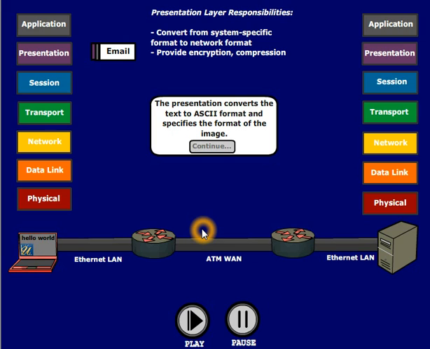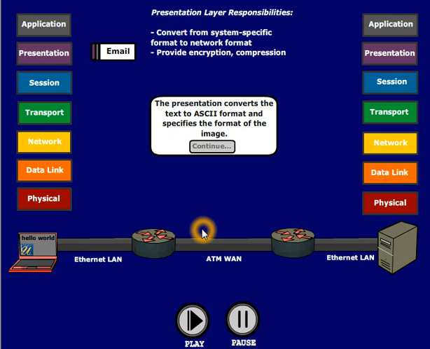This is the layer that the operating system actually works on. The operating system takes care of transferring the data received from the session layer, and then using the presentation layer, it converts the received data to a format that can be read